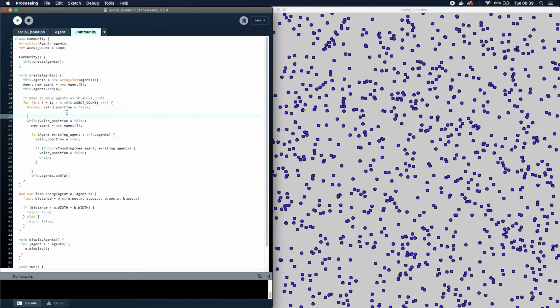We are going to only allow agents to be made who do not touch, and that's what this while loop is doing. It's making sure that we have a valid position when we add our new agent. If we don't, then we come back to the top of the while loop and we replace our new agent with a new agent, still at position I, because the for loop wouldn't have ticked across when we're stuck in this while loop. We'll keep going around here until we pop out and come back into the for loop,